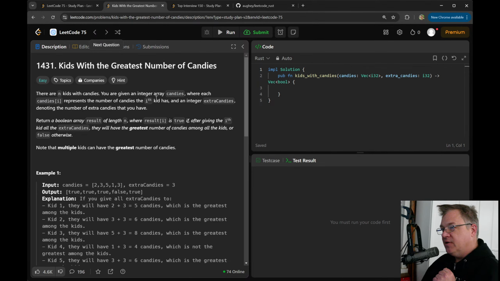You're given an integer array candies where candies[i] represents the number of candies the ith kid has, and an integer extraCandies denoting the number of extra candies that you have. Return a Boolean array result of length n where result[i] is true if after giving the ith kid all the extra candies, they will have the greatest number of candies, false otherwise.